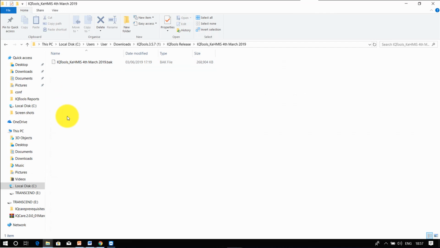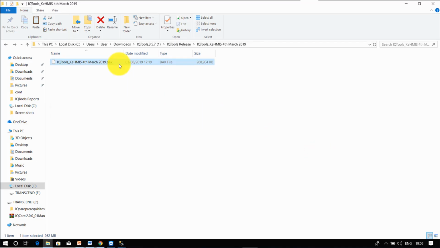PMCTC views are incorporated here because by the time of building IQ Tools version 3.5.7, these were not incorporated in the build. That's the reason why we are pulling both IQ Tools and the PMCTC views, which we are going to run manually from our SQL server to ensure that PMCTC reports are incorporated in IQ Tools.